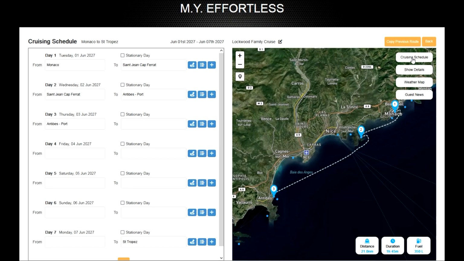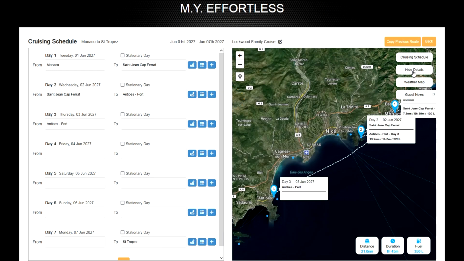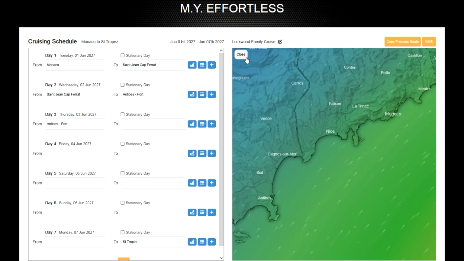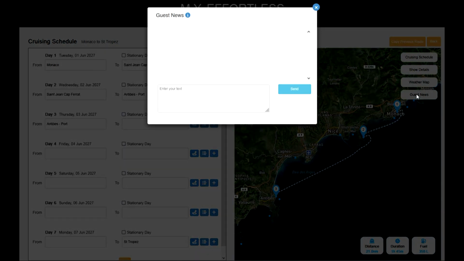The Cruising Schedule button shows you how this will be presented to the guests. Toggling the Show Details button hides and shows the location cards on the map. The Weather map shows the current weather. And the Guest News button provides you with the means to send morning messages or updates to the schedule to the